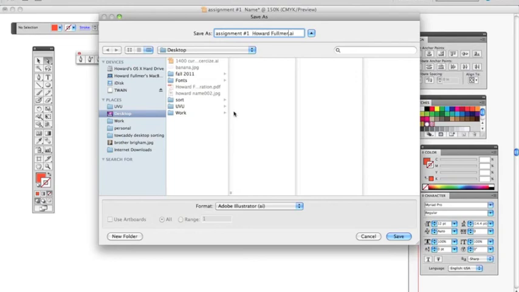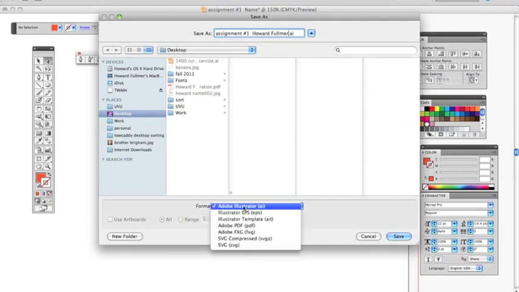Okay. Now there are a lot of different formats you can save it in. Illustrator is the best one. It's the native format. EPS is fine. Don't worry about that too much. But PDF is another version. People who don't have Illustrator can still view a PDF file. I have Illustrator, and so right now I want you to save it as Illustrator. But your next project you will have to save as a PDF file, and so we'll talk about that as it comes. So in this case, save it as an Illustrator file,